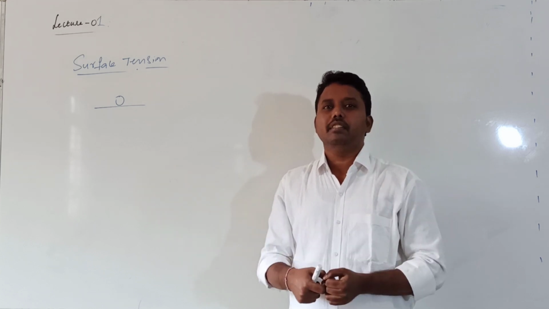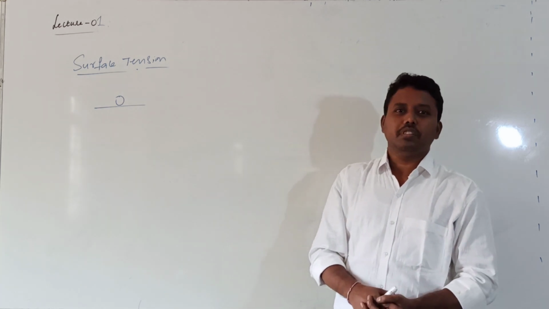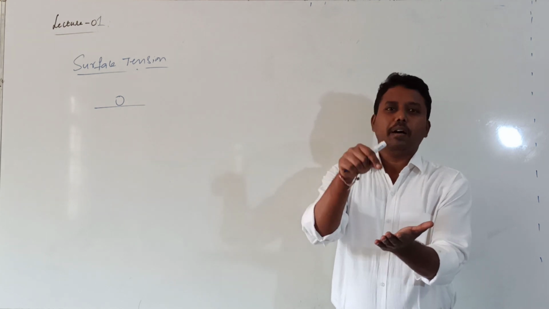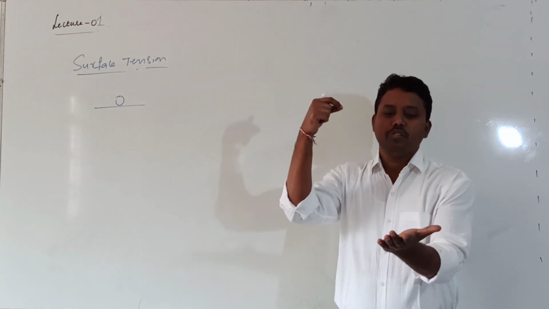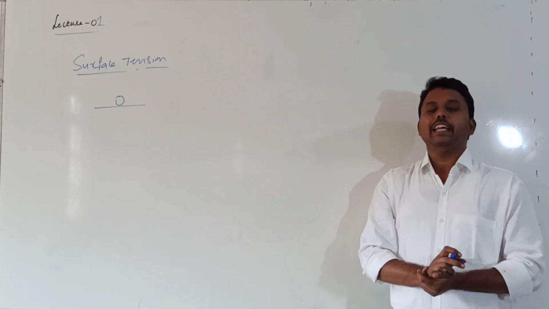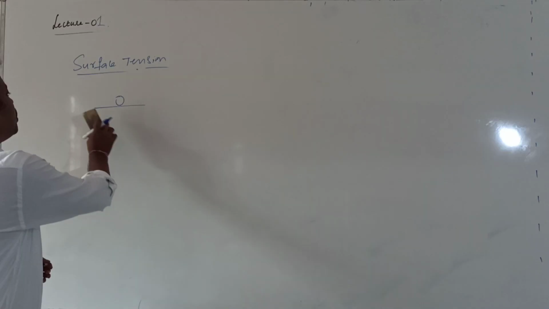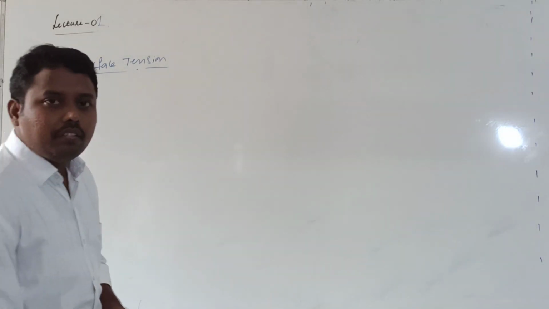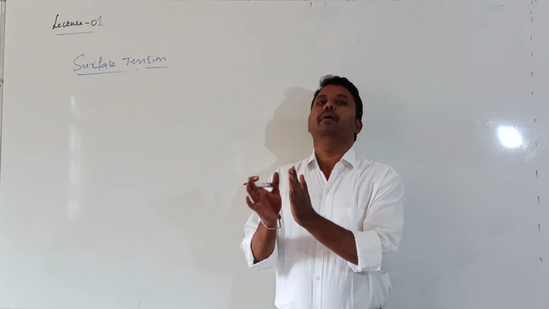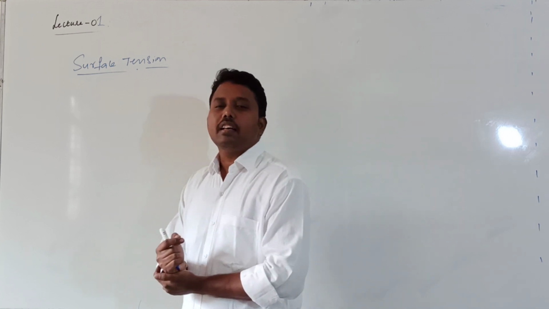You elongate the rubber band, and after removing the external force, it will come back to its original position. In the same manner, when you press that mercury drop, it will be compressed. When you remove that external force, the pin, the mercury drop will come back to its original state. That is because of the property surface tension. So surface tension is a property due to which the free surface of the liquid will act like an elastic membrane, like a rubber band. That property is called surface tension.